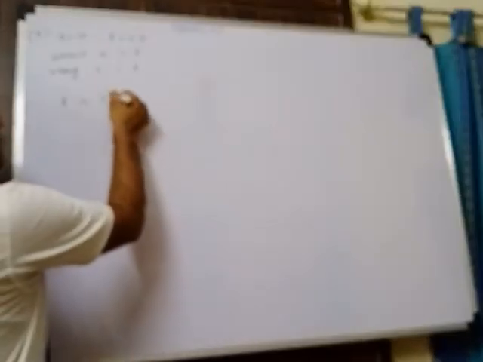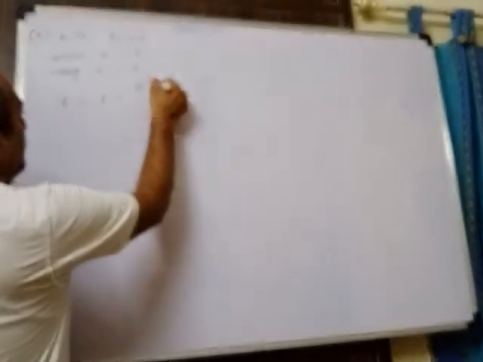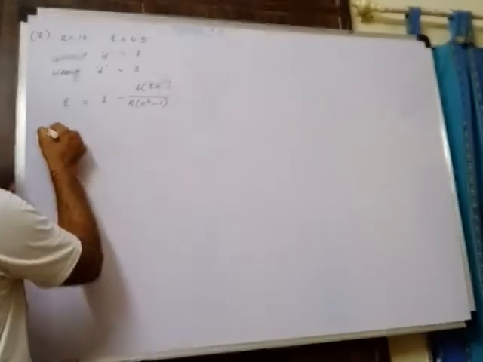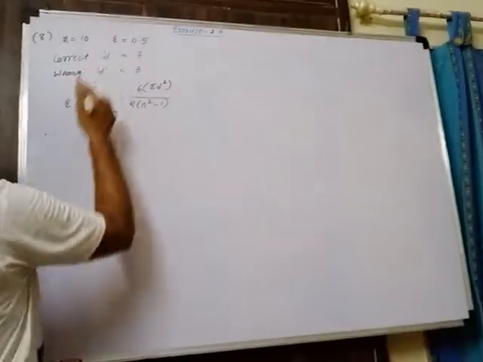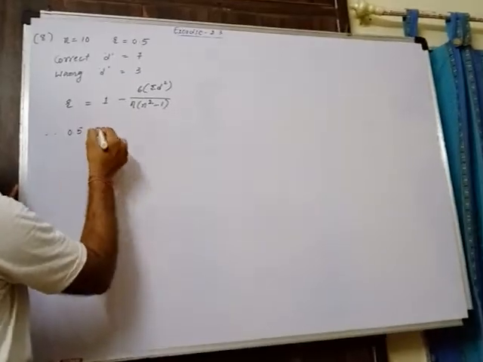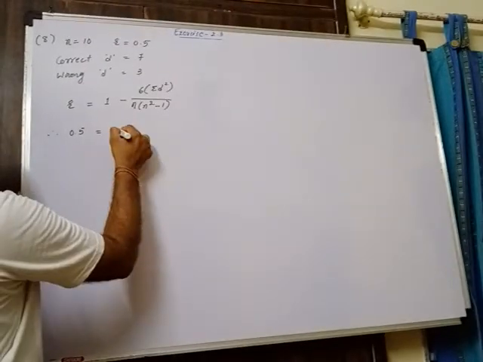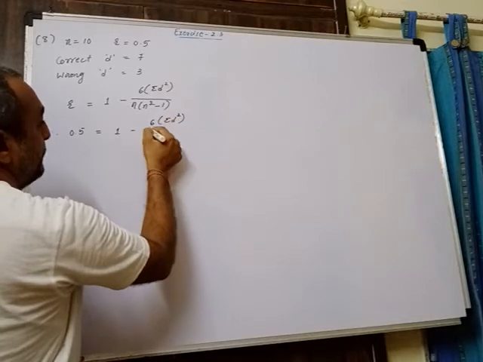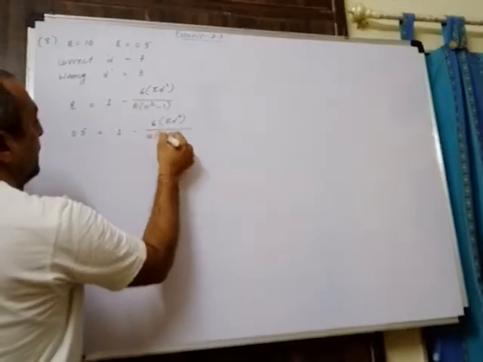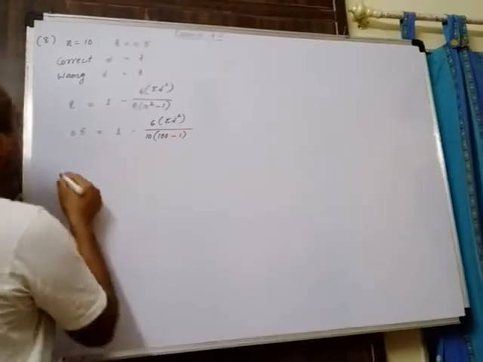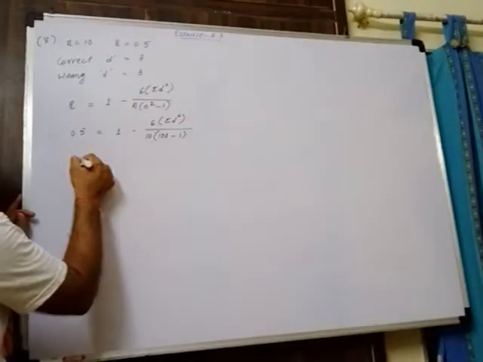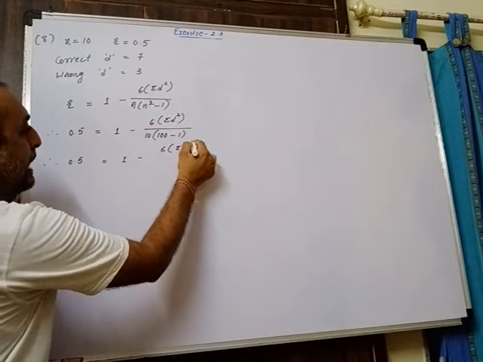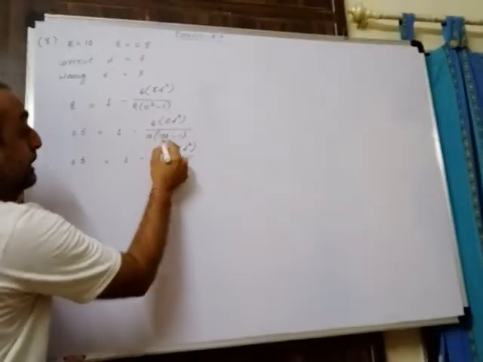Okay. 1 minus 6 sum of d square upon n into n square minus 1. So rank correlation r is available, how much? 0.5. So we can write 0.5 is equal to 1 minus 6 into sum of d square, which we have to find out, upon n is 10 into 10 square, 100 minus 1. So 0.5 is equal to 1 minus 6 into sum of d square upon 10 into 99,